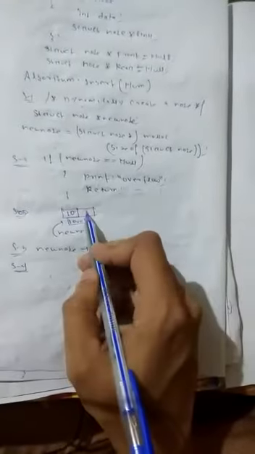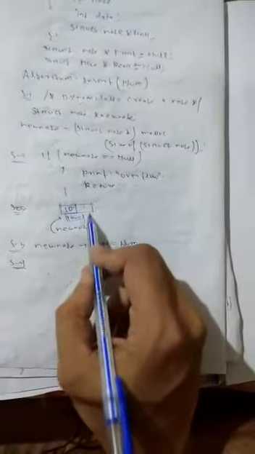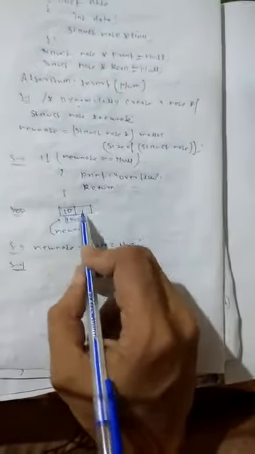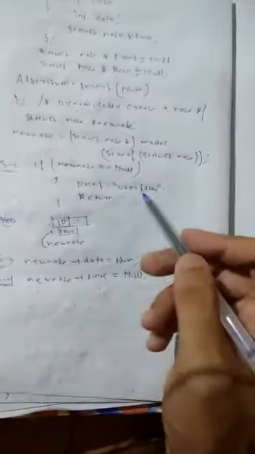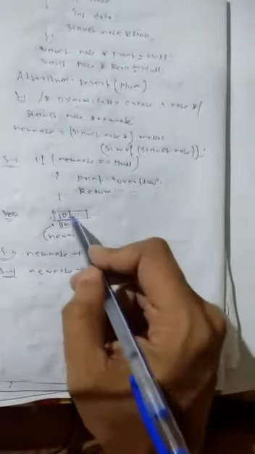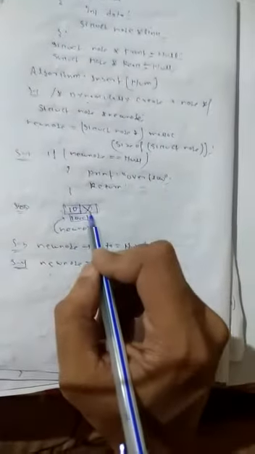Next, we have to store the link. We have to create the node, store the data part, and the link part will be stored as it is the first node. So we have to store new node link equal to null. Okay, it is similar to insertion at the end of the linked list. The end node, or you have to create it here first, so the link part will be null. This node is completely created.